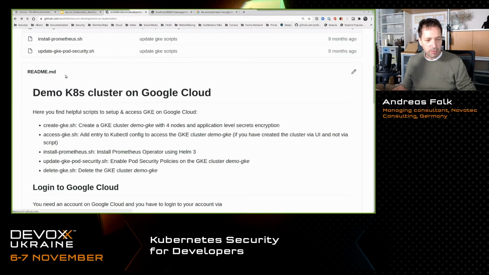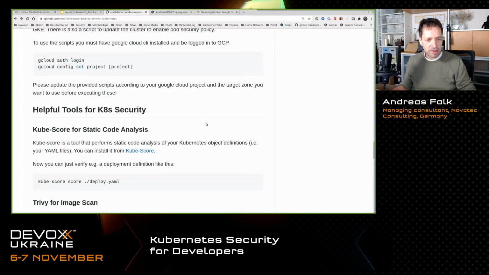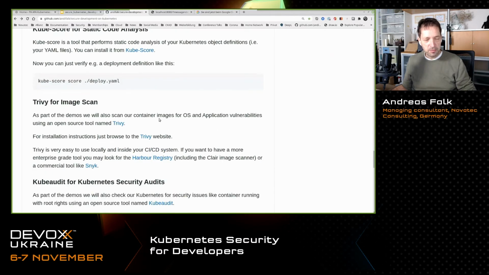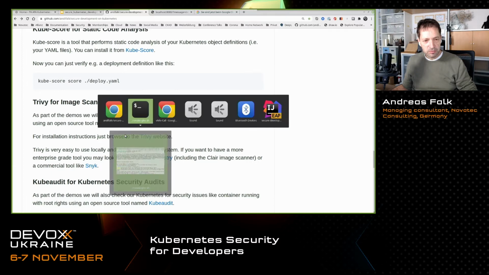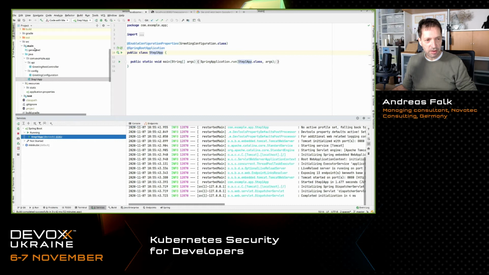The other part would be some helpful tools that you could use. I will go into details for that at a later stage. What I now want to show is our sample application. For the whole deep dive session, I have built a really simple sample application.